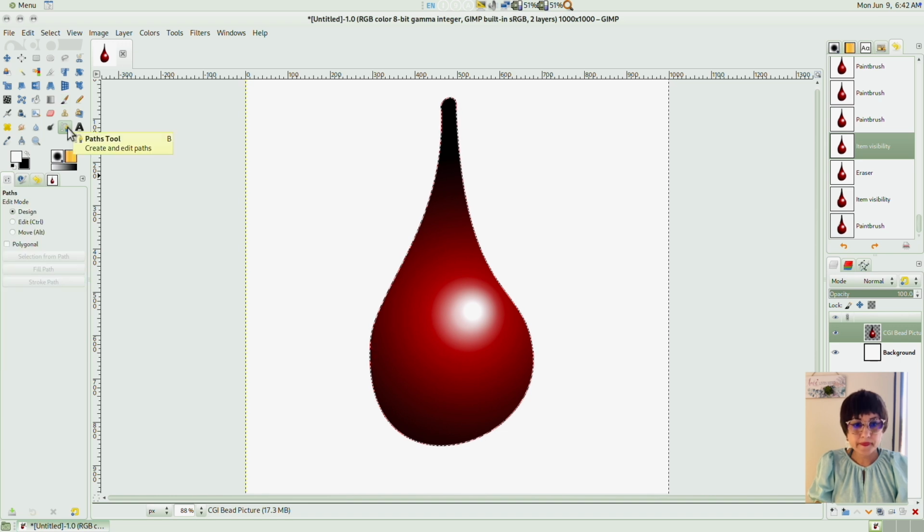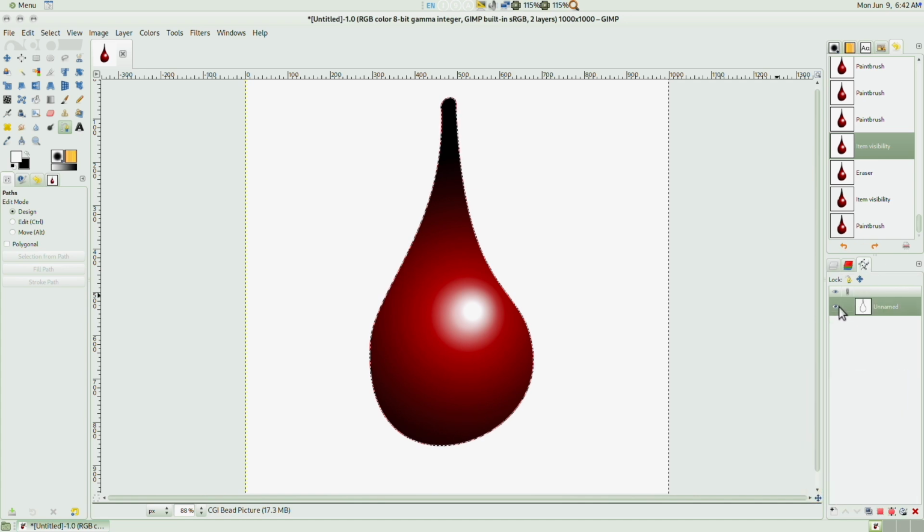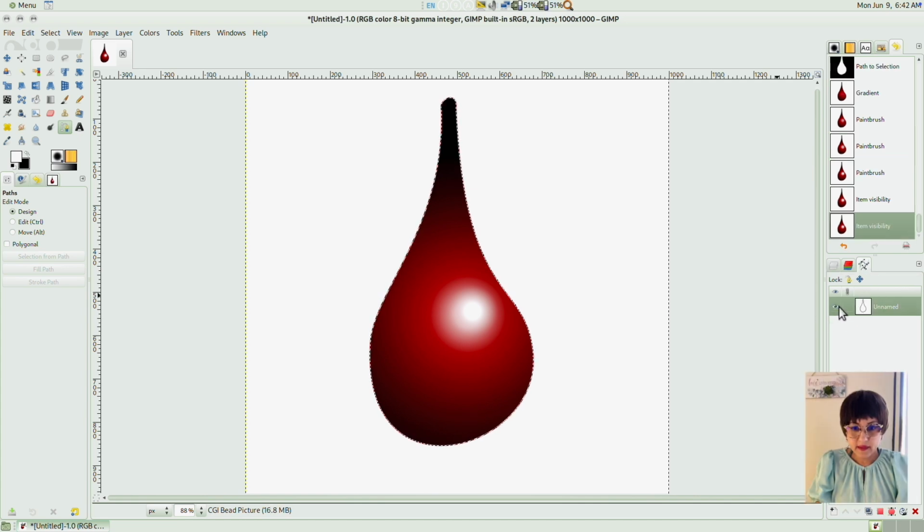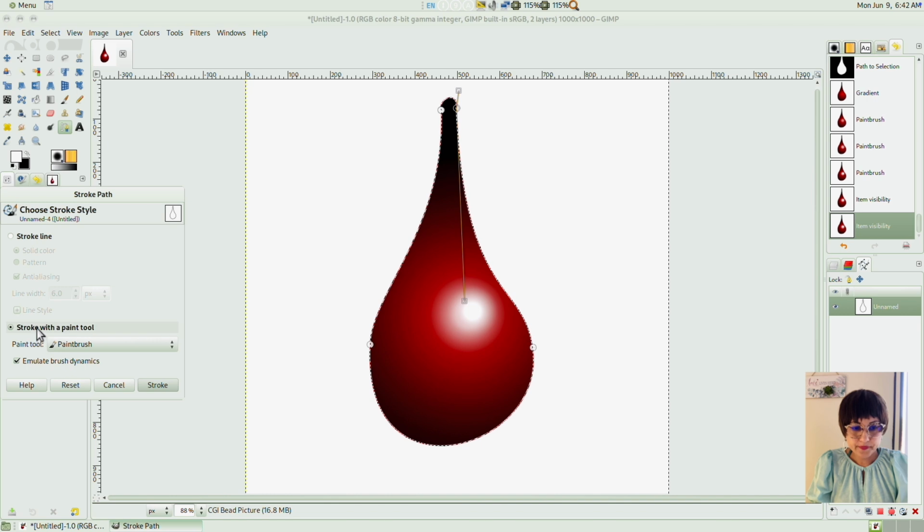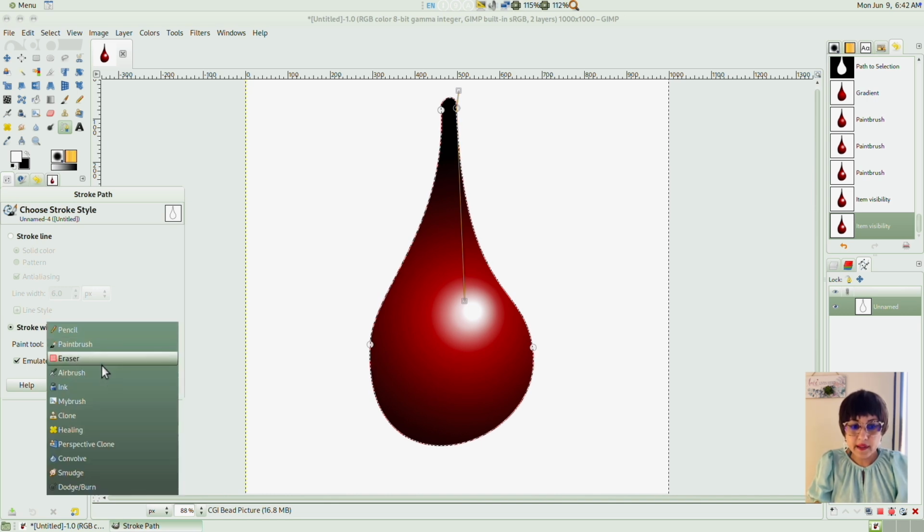Pen tool, click there. So the path's showing. Eraser, emulate brush dynamics.